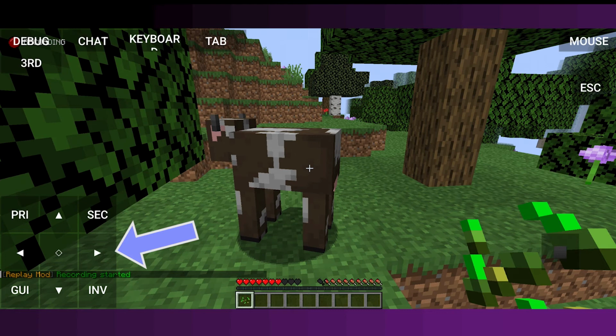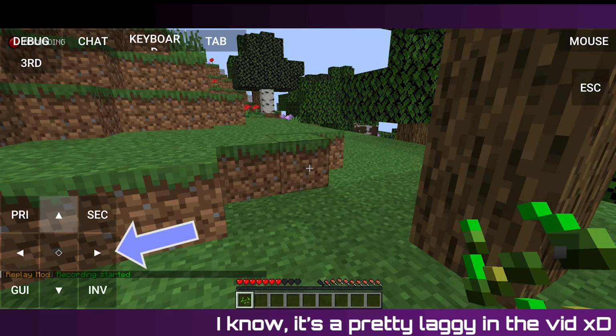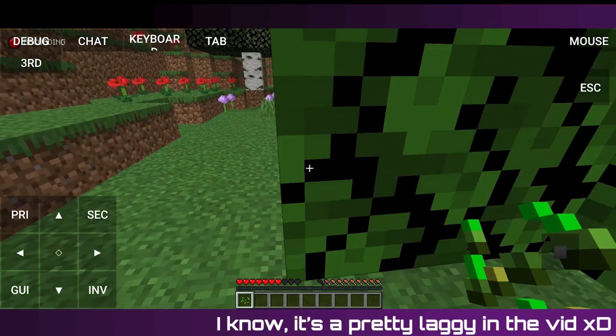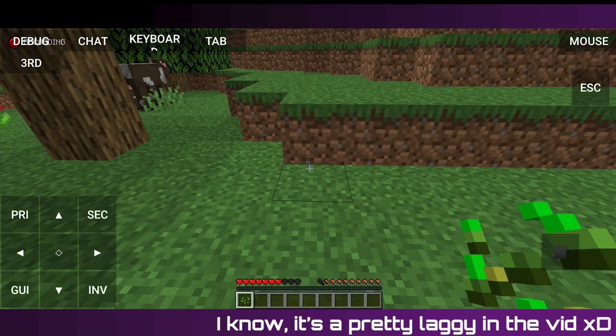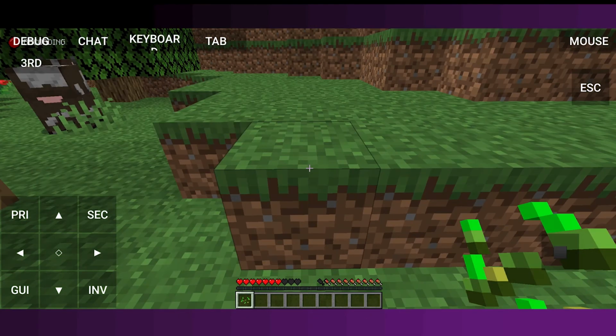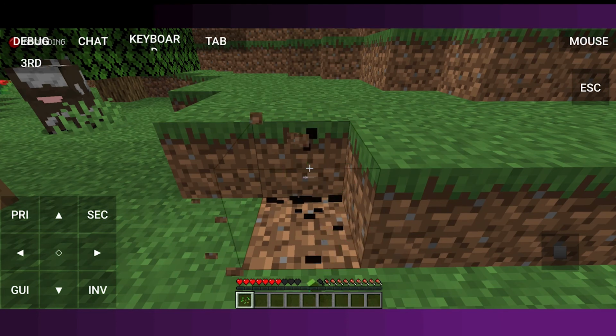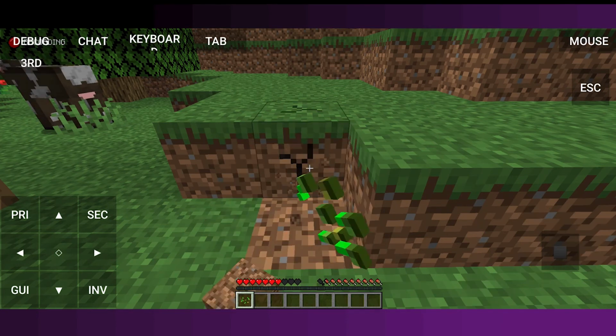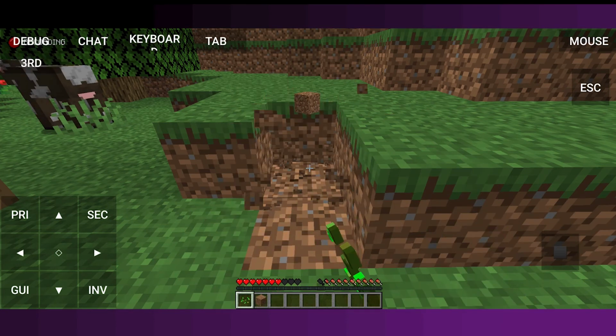With those arrow keys you can walk, with the middle button you can sneak. Breaking blocks and building blocks is exactly like in Pocket Edition, so by just clicking on your screen.